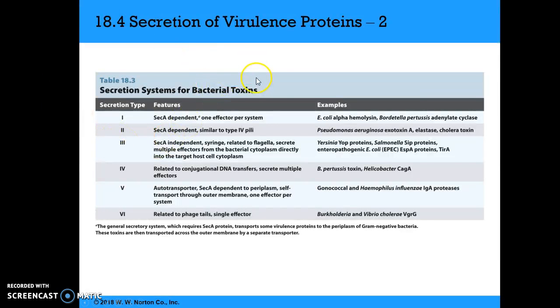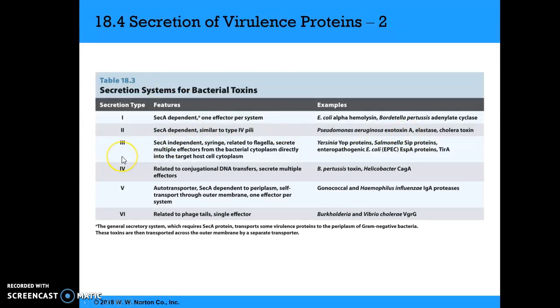This chart shows you the different secretion systems for the bacterial toxins. Secretion type 1 has a SEC-A dependent component, so one effector per system. And we see this with E. coli alpha hemolysins, Bordetella pertussis adenylate cyclase. Secretion type 2 is a SEC-A dependent program similar to type 4 pili, Pseudomonas aeruginosa exotoxin A, elastase, and cholera